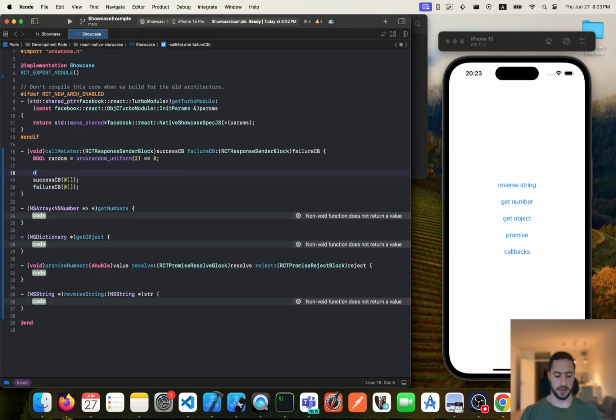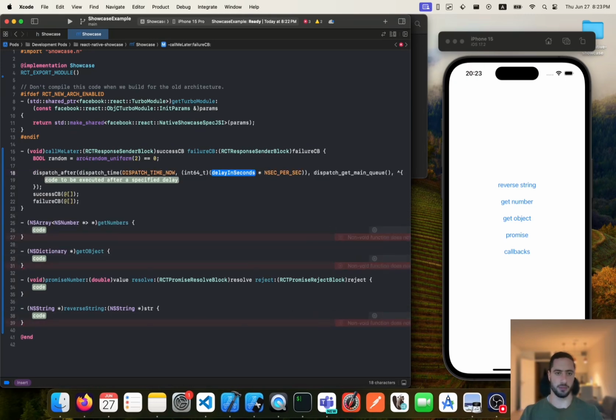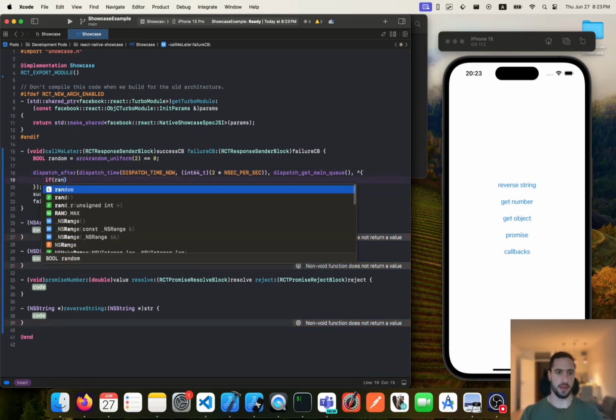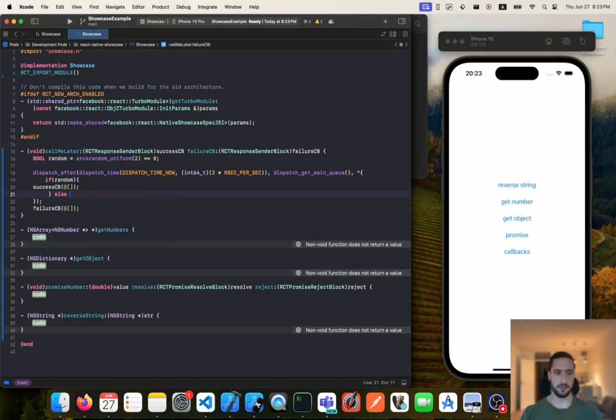And then we want to call them. Usually with callbacks, you don't call them directly. Usually you would do something that takes some time and then you call them. So let's simulate that with the Objective-C way of doing set timeout. You call dispatch_after, and you pass in the now and then how much delay you want, in seconds. So I want 2 seconds, and then inside here I'm going to do whatever I want after the time has passed. So here I want to say if random, I want to call the success,